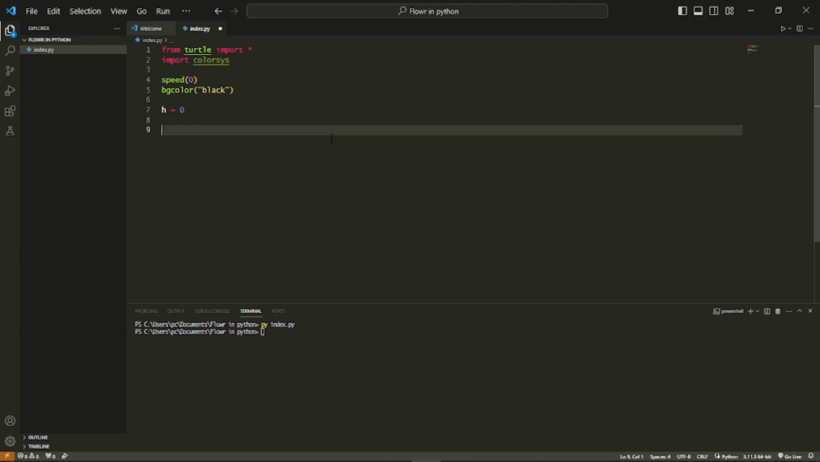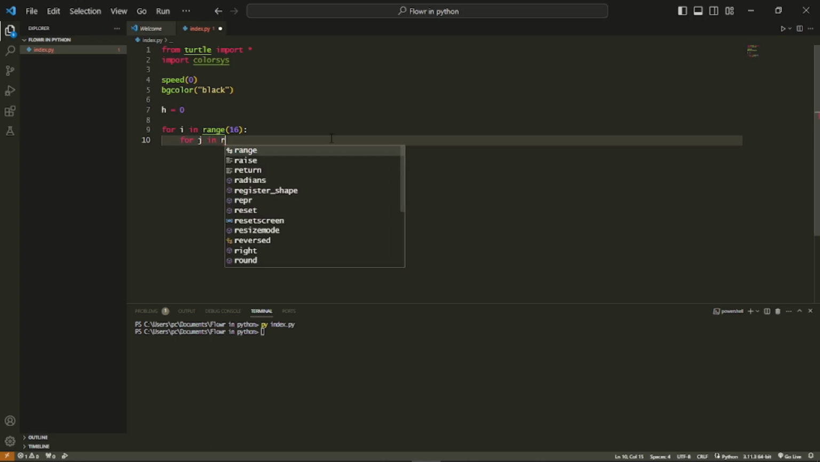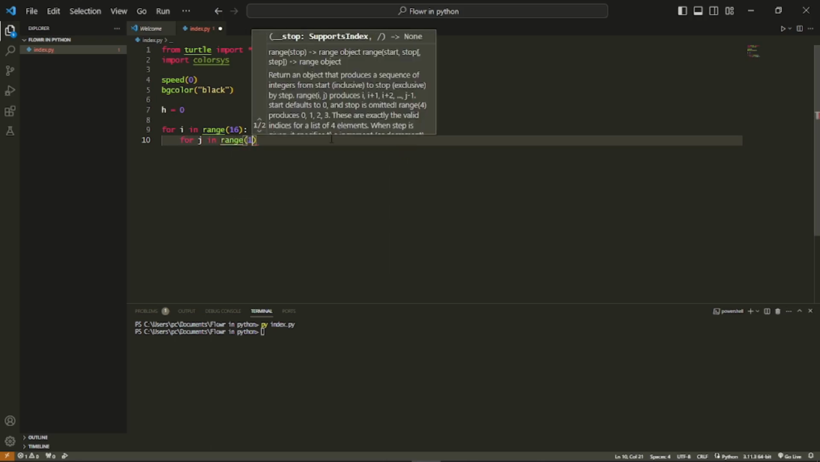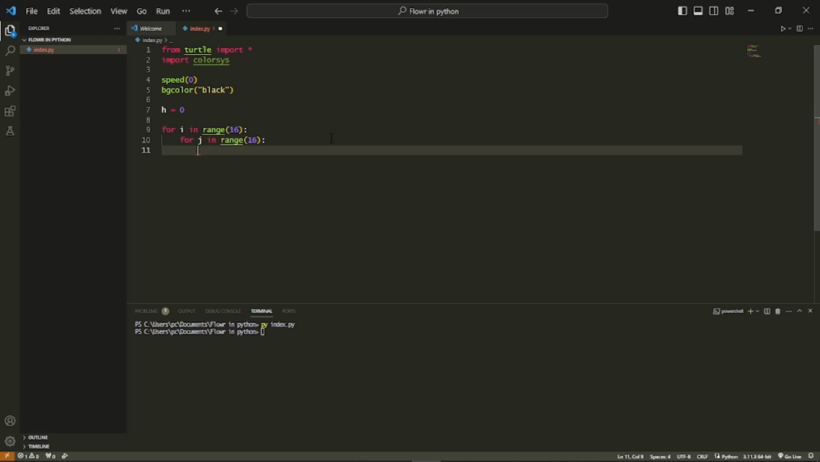Now we want to create a flower, and a flower has many different petals, and having to code all those petals manually will not only take a long time, before I finish coding all the petals we'll probably be old, it's very tedious. So write for i in range 16, for j in range 16, and now c equal to colorsys